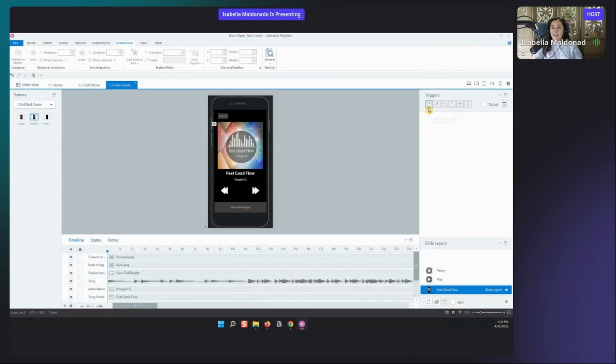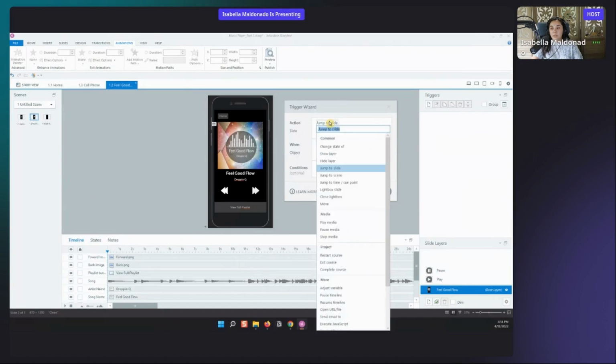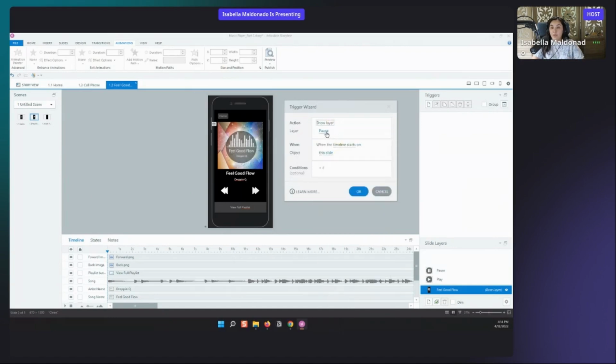So let's go ahead and add in that trigger. So we're going to add a new trigger. We don't want to jump to a slide. We want to show a layer. So we're going to select show layer. We're going to show our pause layer when the timeline starts on this slide. So we're going to select OK, but I'll leave this up for a second so you all can copy it down. So I'll go ahead and add this,